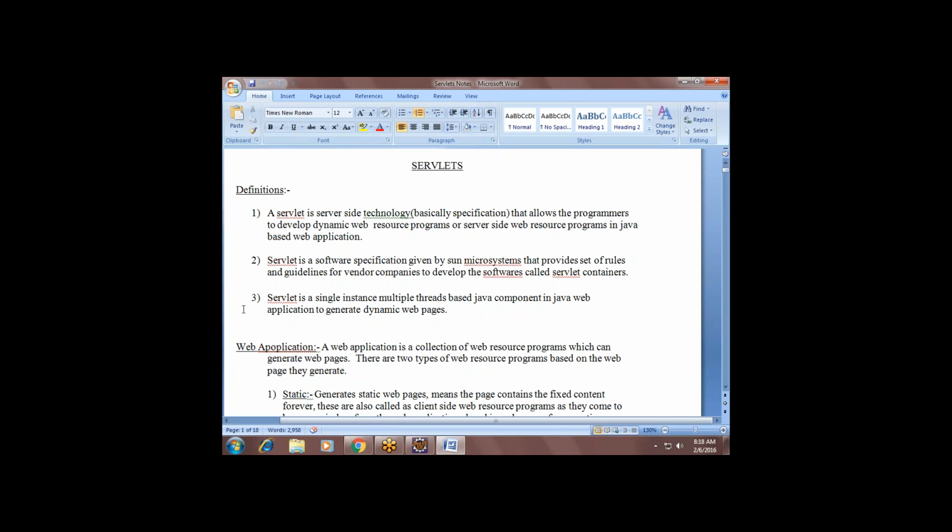Server does not do anything. Server cannot do anything. Understand? But there should be some program which can perform these kinds of tasks. That is the reason why we keep the server-side Java program, which will take care of handling all this stuff. Understand?